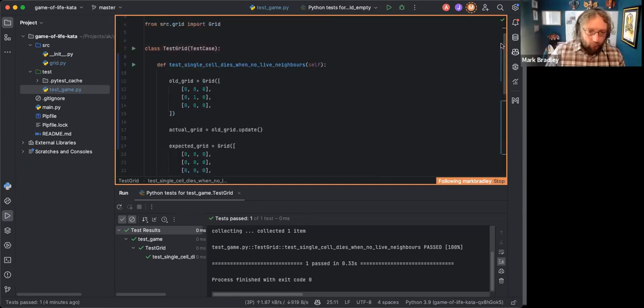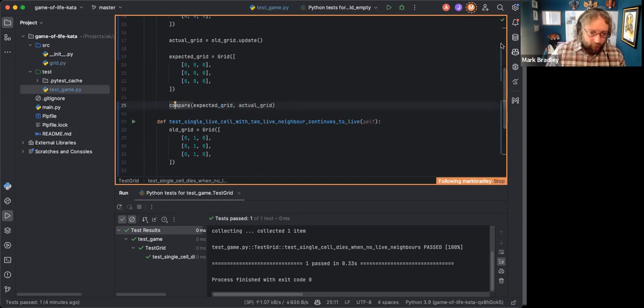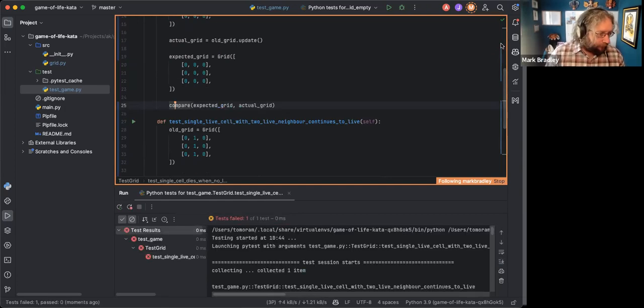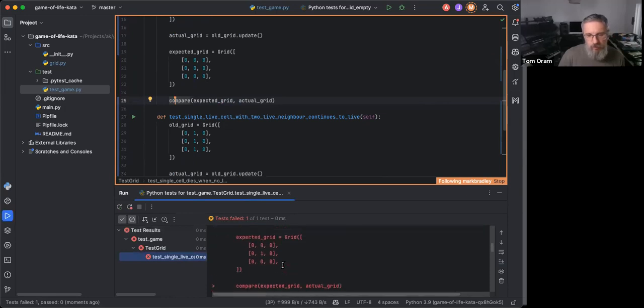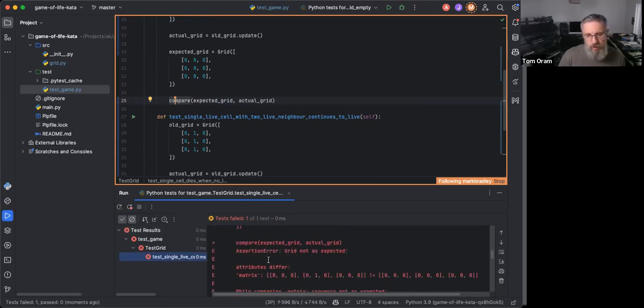Excellent. I've lost the button to run all the tests. I can run this one test. Okay, so that test fails. Do you want to, Tom, it's on your screen. So do you want to just scroll to see if it's failing how we expect it to fail before? Yeah. Cool. So we're expecting that we've got